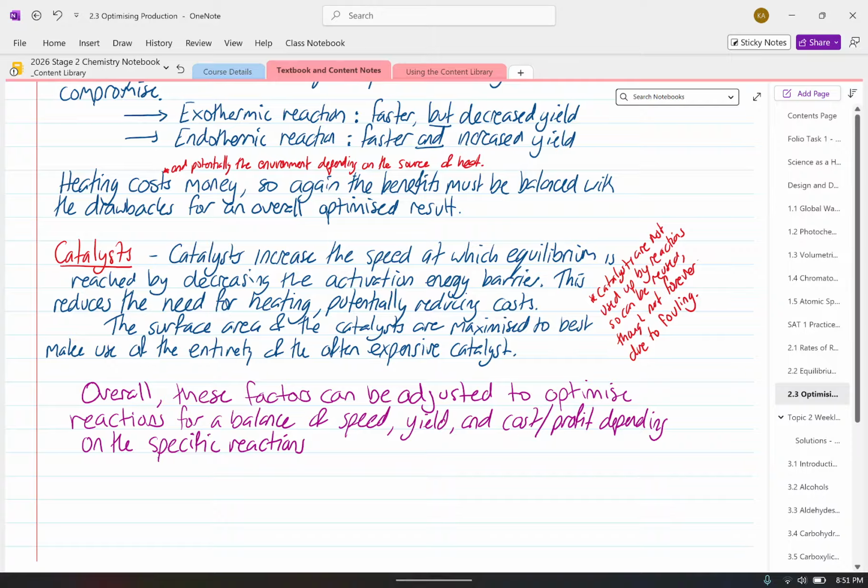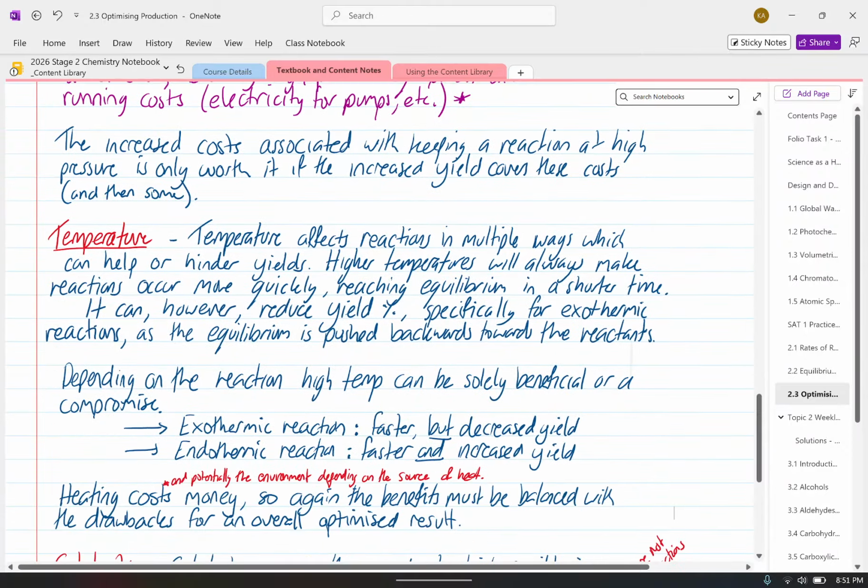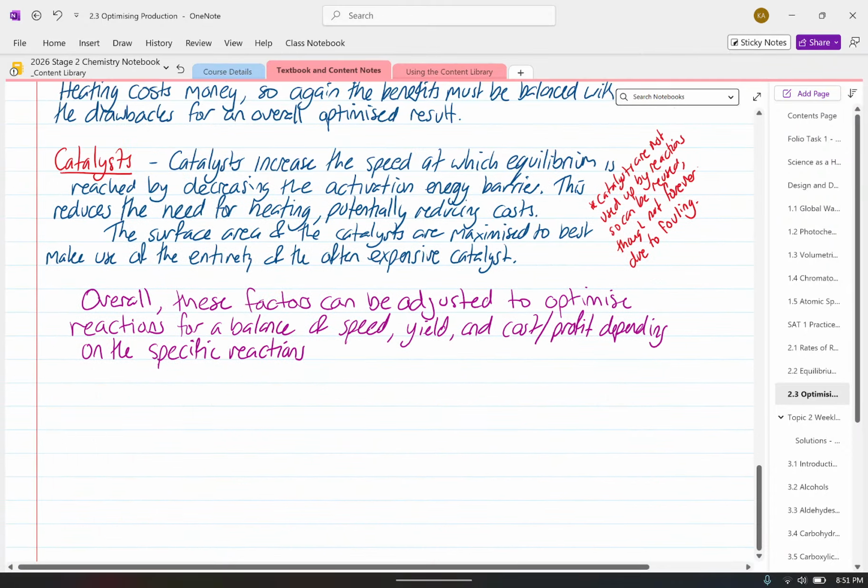Now, to end this subtopic, I'm going to make a final statement, and that is that all the factors we've talked about previously, so our pressure, our temperature, and our use of catalysts, you need to consider all of them in a reaction to optimize production. So you're trying to make as much of the stuff as you possibly can, as fast as you can, as cheaply as you can, but not all these factors can be tuned without having to worry about things like cost